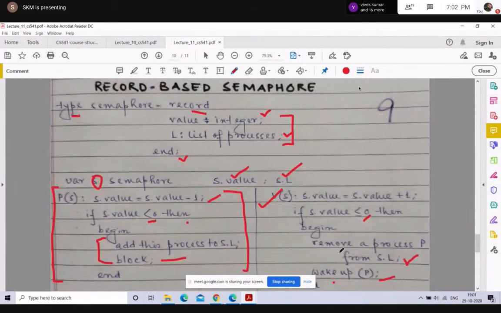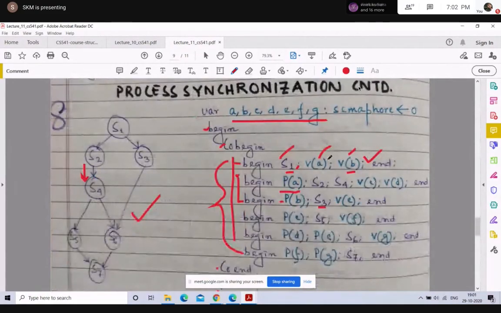We also saw that this leads us to the need to avoid the busy waiting problem. If you have 2 processes waiting for another process to get over, with the P of S statement being executed, they will be waiting in the while loop but using CPU time until the first process, or the corresponding V of S statements, have finished executing. This is what is known as the busy waiting problem.